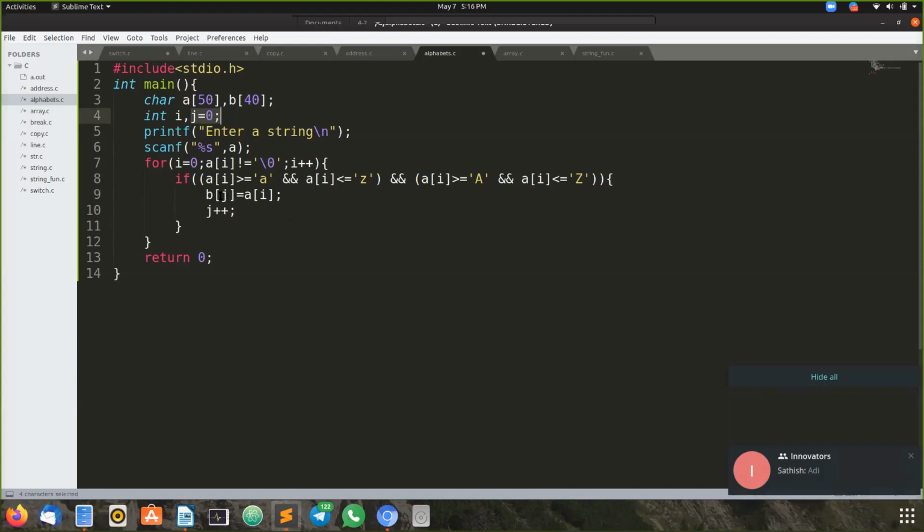That means I'm taking a new character array, that is b. I'm storing the first alphabet in this new character array, and then I'm incrementing the index value.